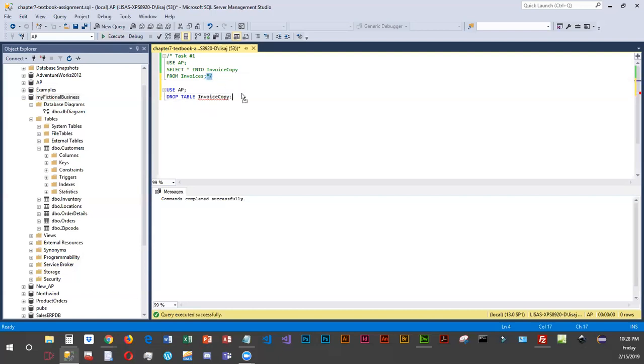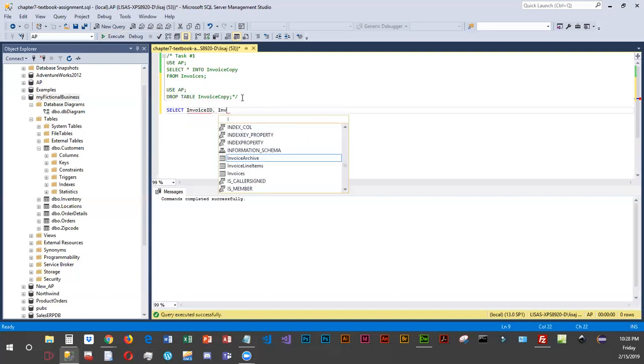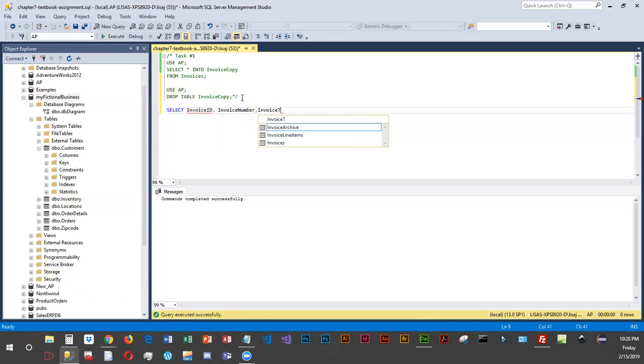And I'm going to move my closing comment down. So now we have to do another select into, and instead of selecting everything with the asterisk, we are now going to specify the columns that we want. So we're going to say select invoice ID, invoice number, and invoice total